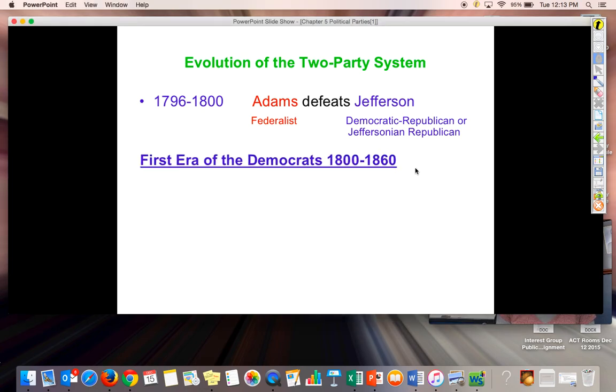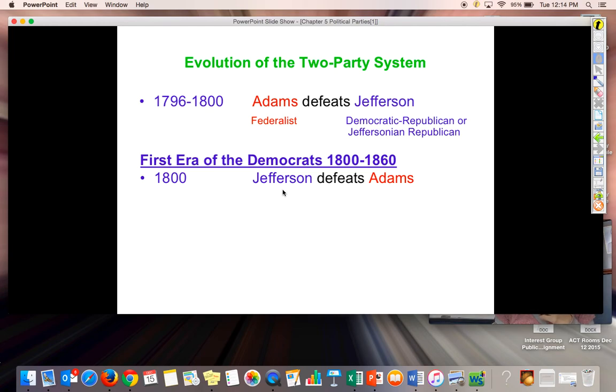One key thing that we will see during this era is in the election of 1800, Jefferson defeats Adams. We know that Alexander Hamilton is a key Federalist. He's a supporter of a strong federal government and a national bank. The Federalists really dominated and had a coalition of financial, commercial, and manufacturing interests. Thomas Jefferson, on the other hand, and later with James Madison, supported a limited federal government and opposed the national bank.